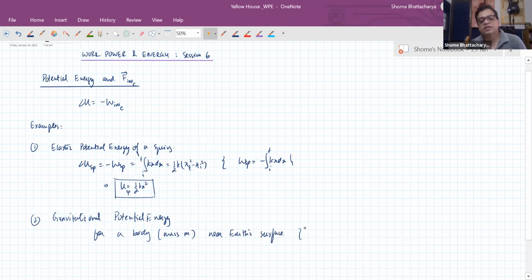That is, its height from the Earth's surface is very small compared to the radius of the Earth. For that, we had seen that the change in gravitational potential energy is equal to mg delta y, where delta y is the vertical component of displacement